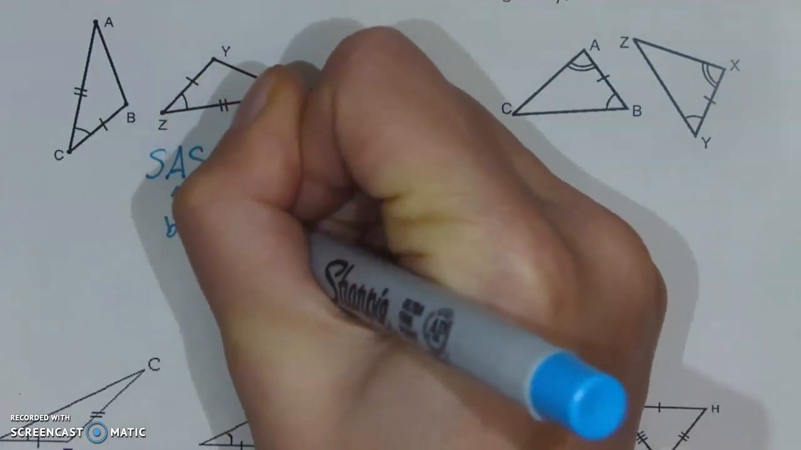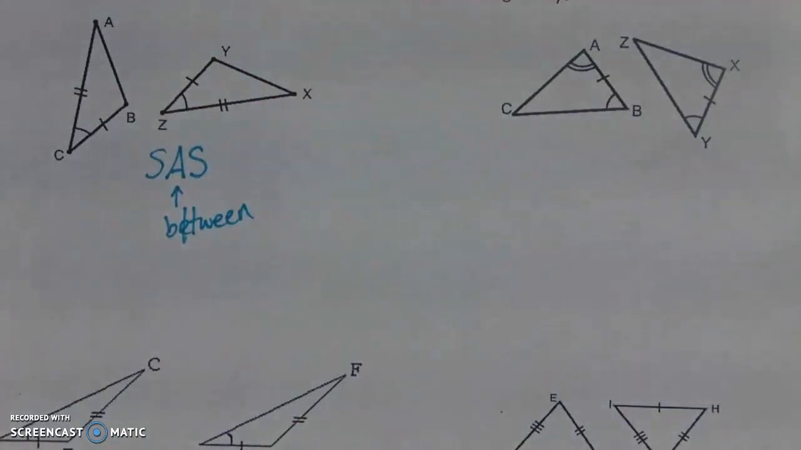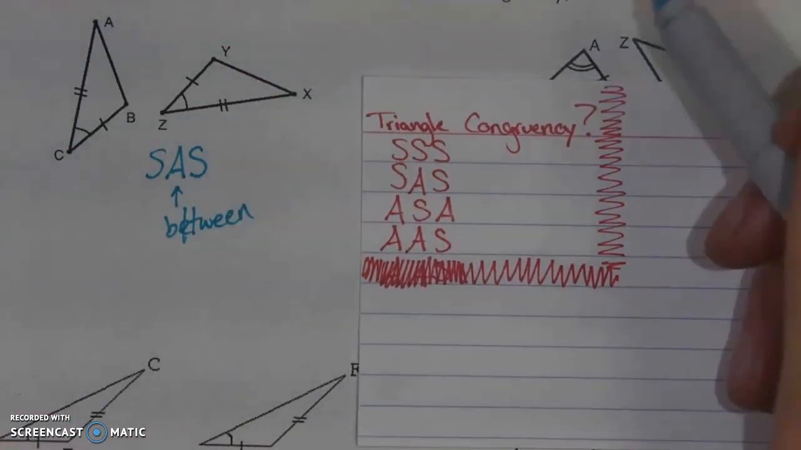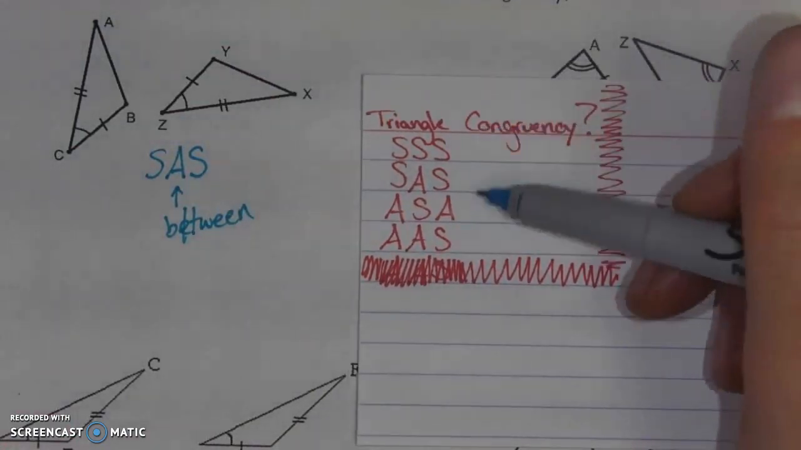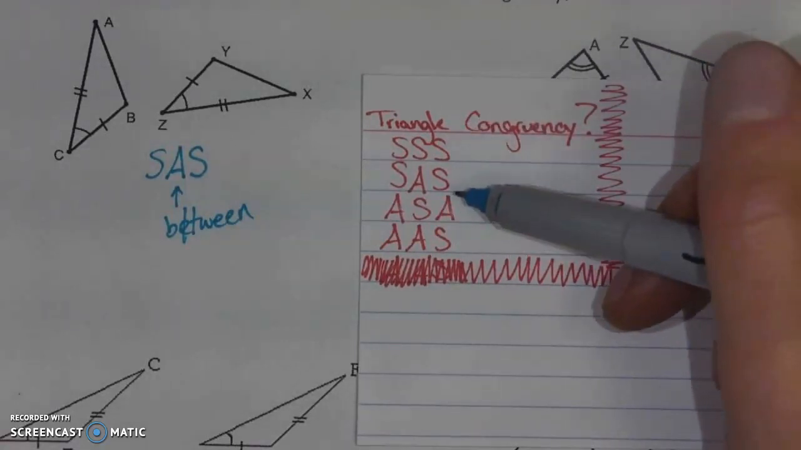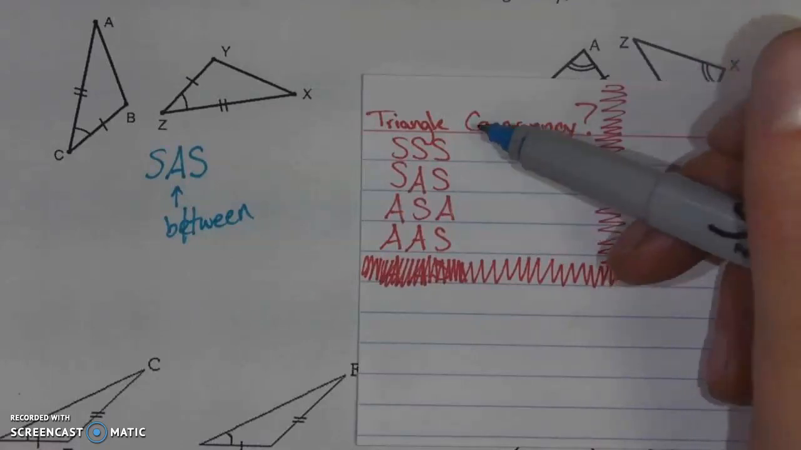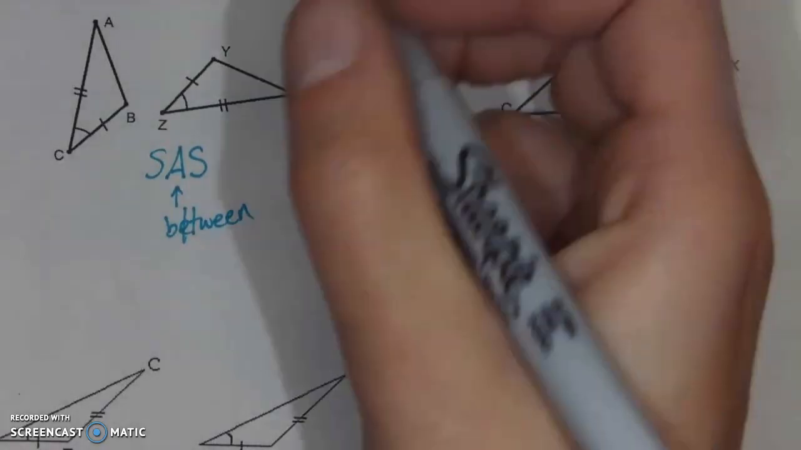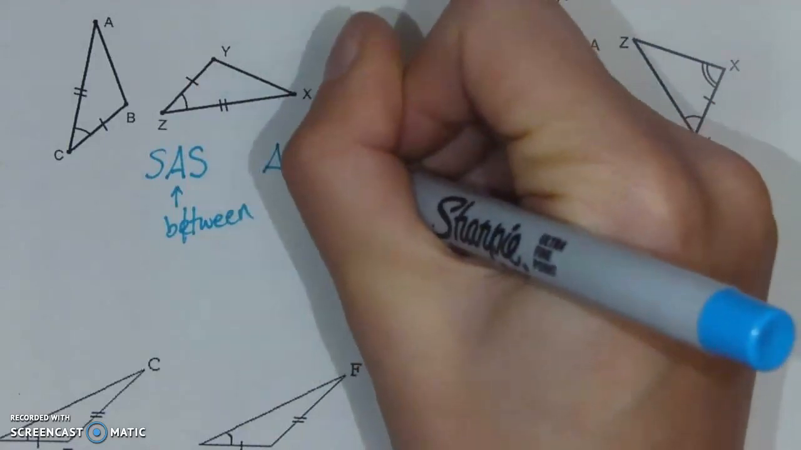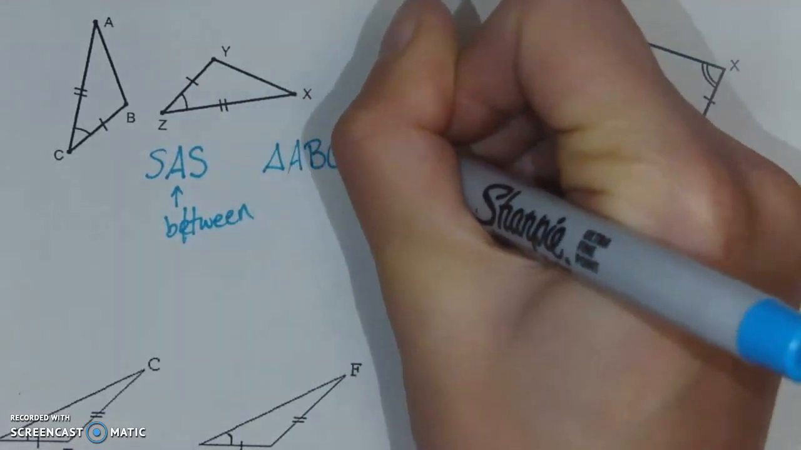Now what I can do is check and see, is that one of my theorems? I added my triangle congruencies to my theorem note sheet in my formula note card. That way I can just check it off. And SAS is one of my options. So that means that these two triangles are congruent, and I could say that triangle ABC is congruent to triangle,